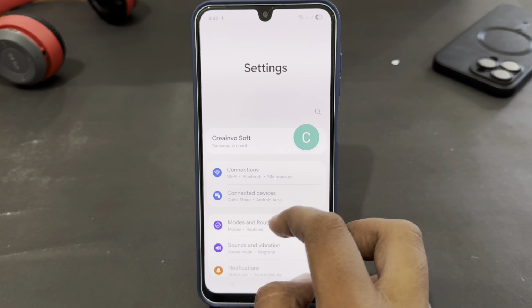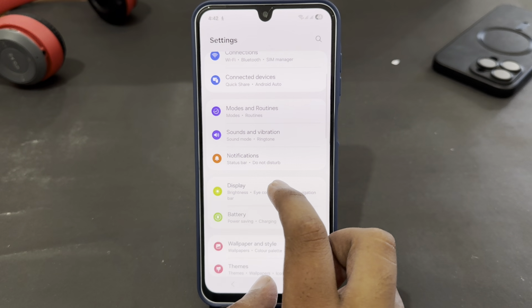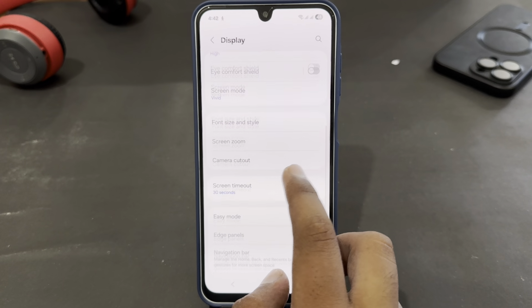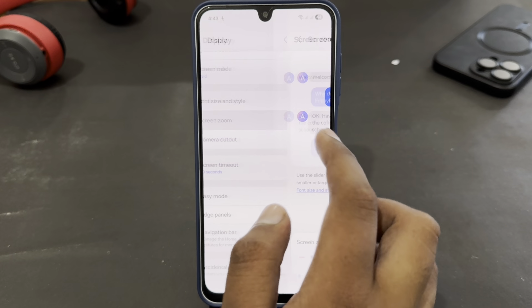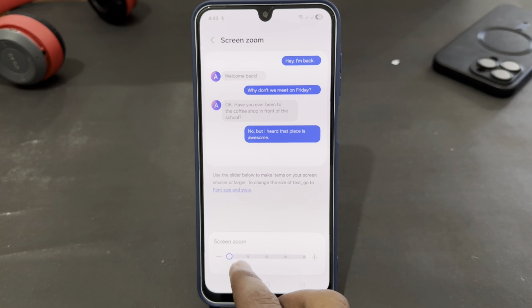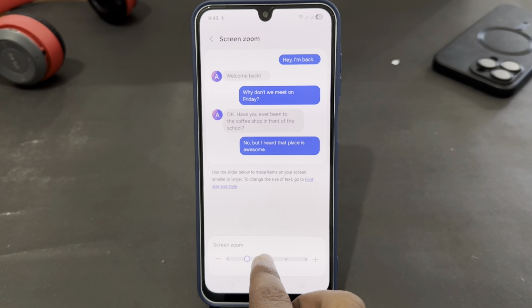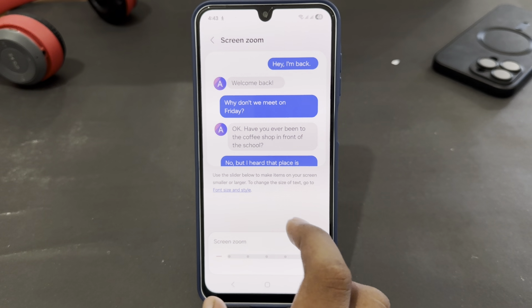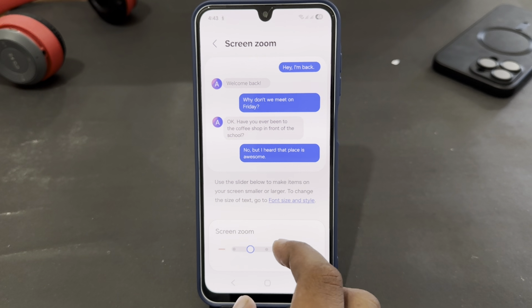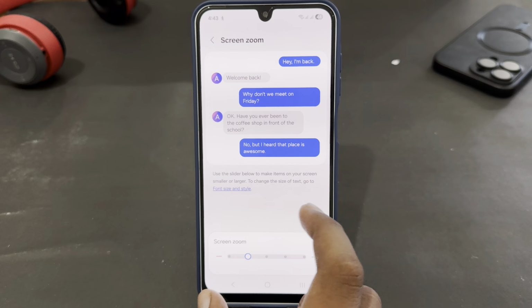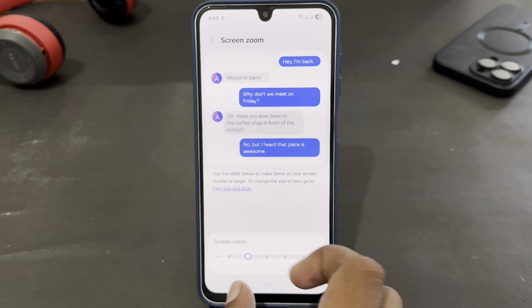In settings, just scroll down and look for the display option. From here, just select screen zoom, and from here you can easily increase or decrease your screen zoom whenever you want. But if you want to make the setting from your developer options, let's see how you can do